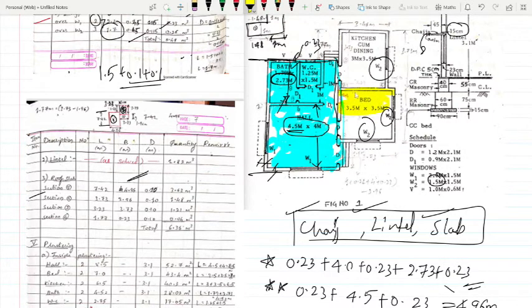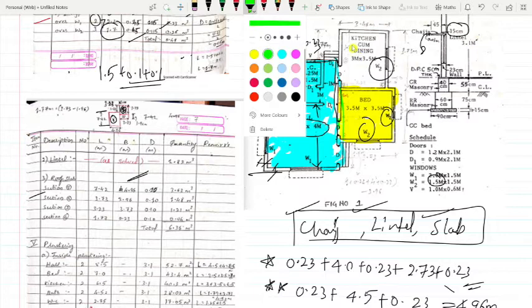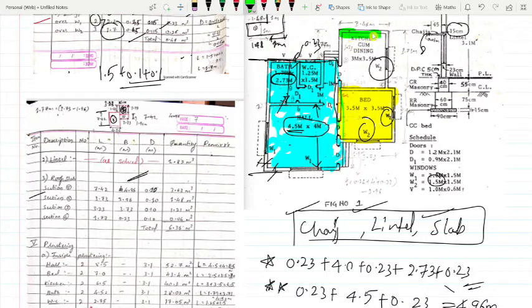This portion is my section 2, because here a little bit extra width is there. So only this is section 2 now. And section 3 I'll show you. This is my section 3, this is my section 2.